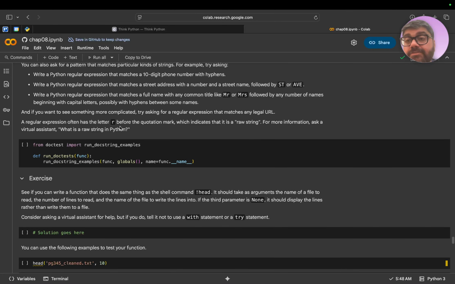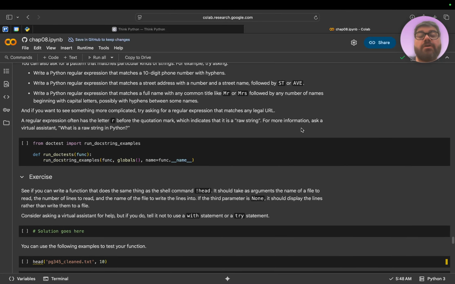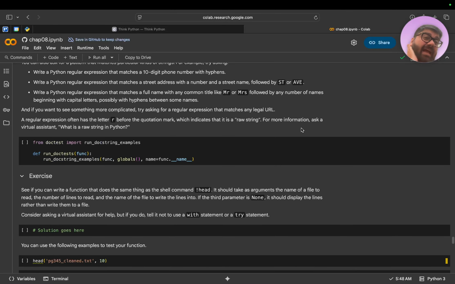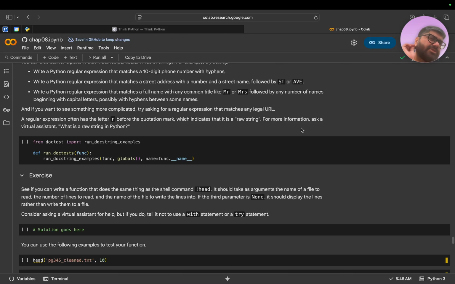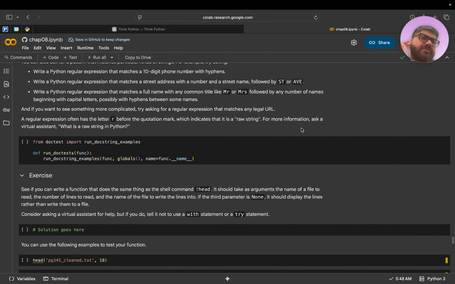A regular expression often has the letter R before the quotation marks, which indicates that it is a raw string. For more information, ask the virtual assistant what is a raw string in Python. So a raw string is, I think the correct term is string literal. I'm not sure if raw string and string literal are the same, but I think the raw string is literally the string. We are passing in literally the string, versus something like,